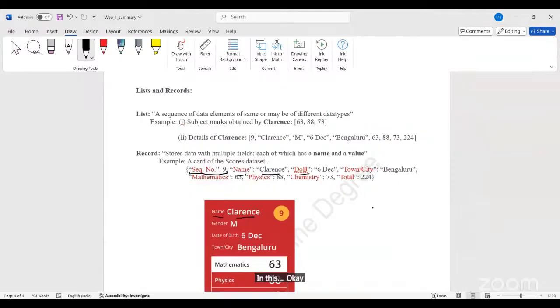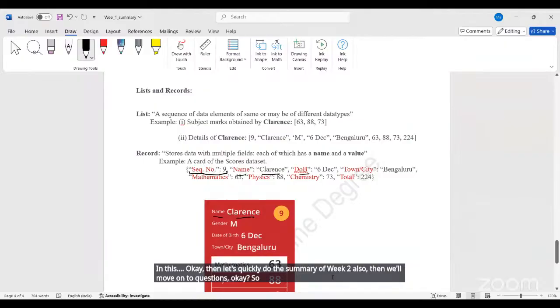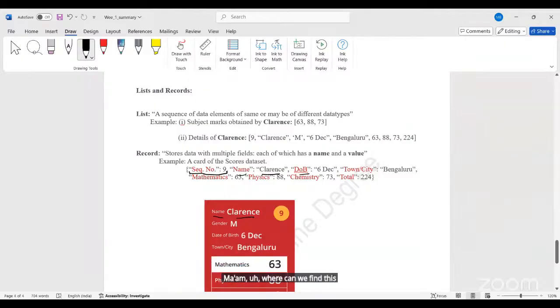Okay, then let's quickly do the summary of week 2 also, then we'll move on to questions. So we'll do the 2 papers from the last 2 terms. Where can we find this PDF? I'll share it on the chat. Okay. So this is not given to you, I think. Week 2, I don't have a concise PDF like this, so we'll just have to go through whatever is given in the